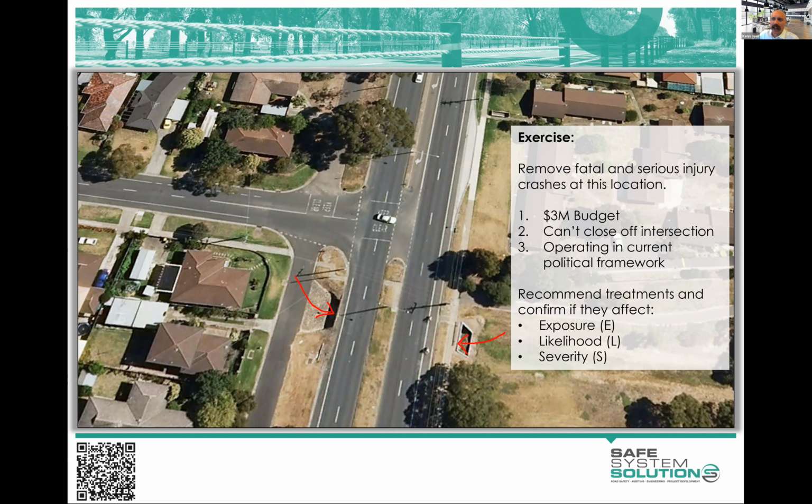Signalization then came into play, and people started saying, well, is signalizing going to influence exposure, likelihood, or severity? And we had a few varied comments on that, but most people landed on the fact that it's going to be the likelihood because it's going to lessen the chance of a crash, but crashes still will occur, and speeds will be varied as they are with all crashes, but there's nothing really to stop people or change the angle or make them go slower. Yes, there's a red light, which hopefully will tell them to go slower, but we'll explore that a little bit. But a few people onto that.